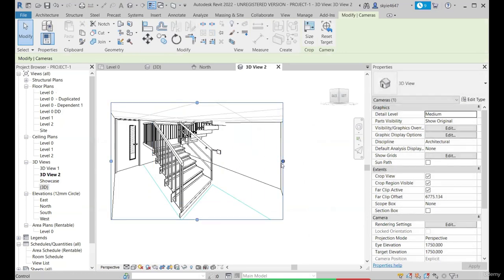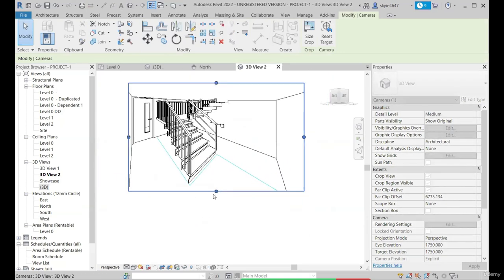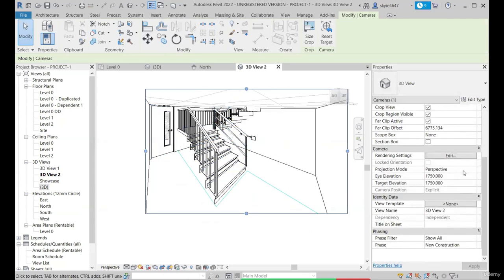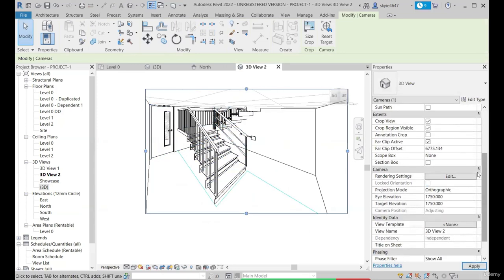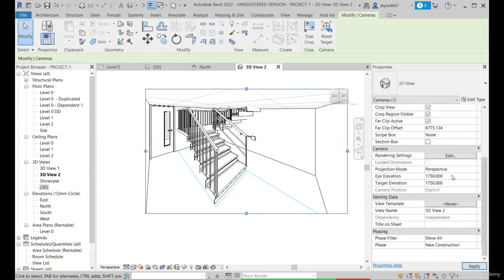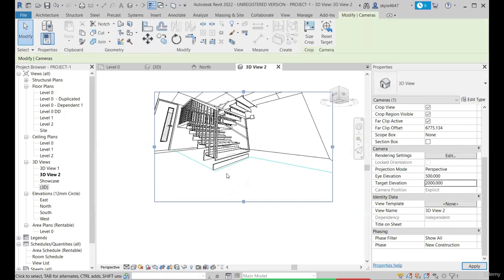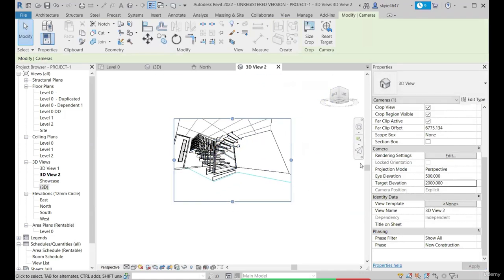this is what the camera view is showing. You can change the projection mode from perspective to orthographic as needed, and you can even adjust the eye level and target level. By changing the eye level and target level, you can have something similar to this. So in this way you can make use of the